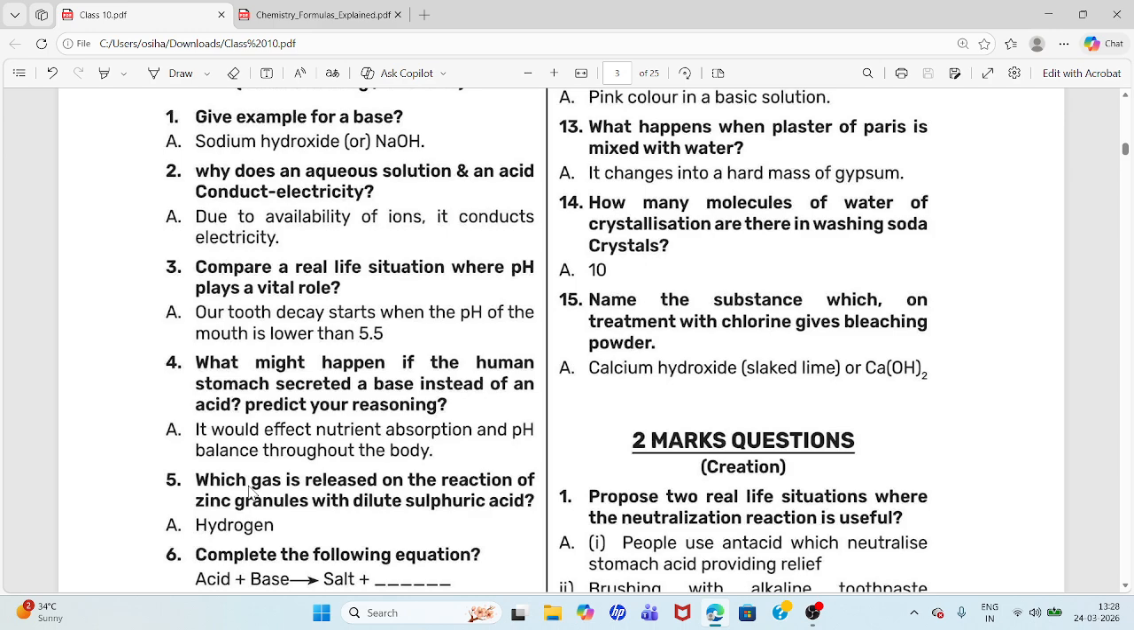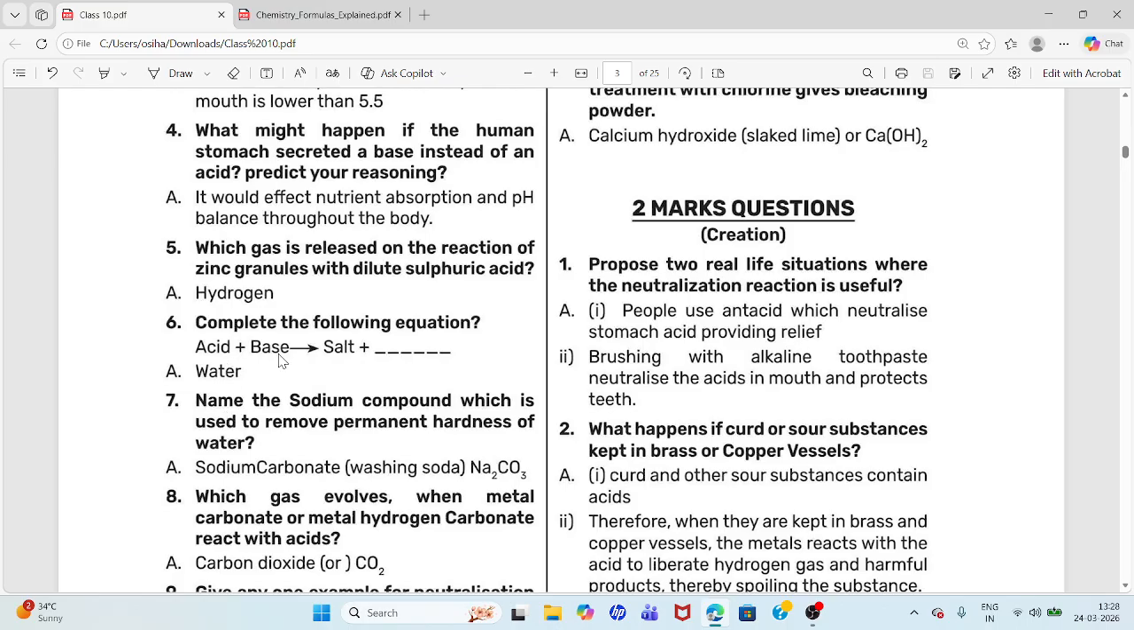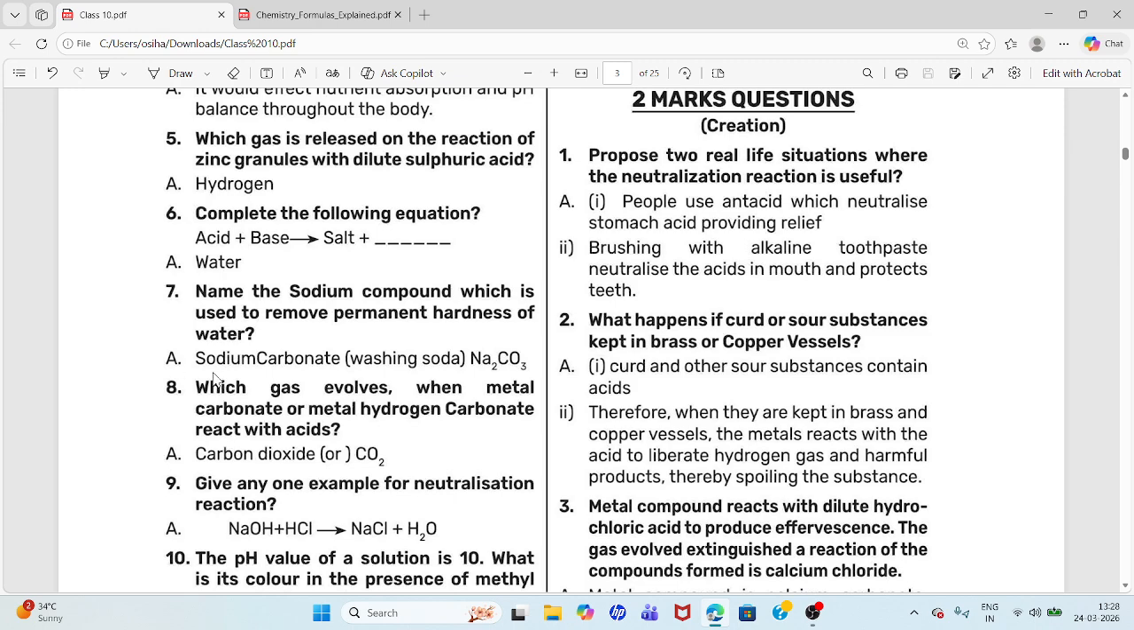Fifth question: which gas is released on the reaction of zinc granules with dilute sulfuric acid? Answer: hydrogen. Sixth question: complete the following equation. Acid plus base gives rise to salt plus dash. Answer: water. Acid plus base gives salt plus water. Seventh question: name the sodium compound which is used to remove permanent hardness of water. Answer: sodium carbonate, washing soda,